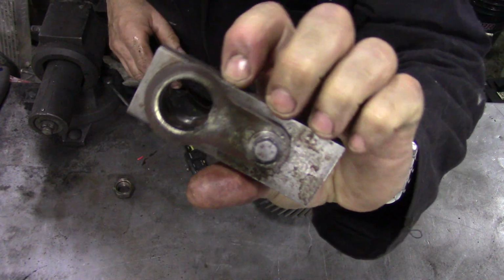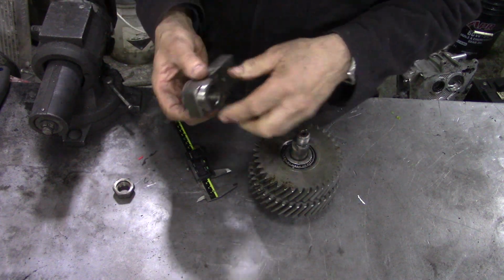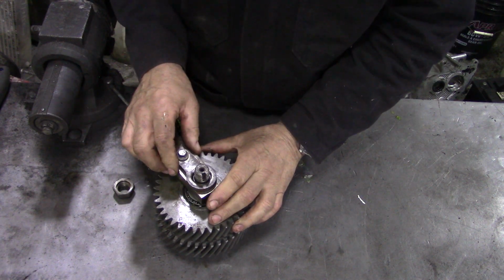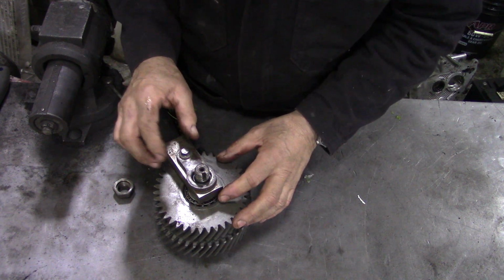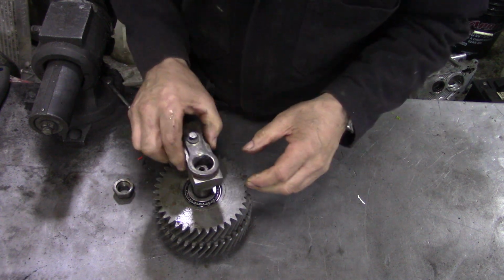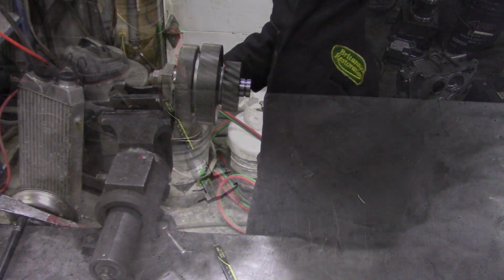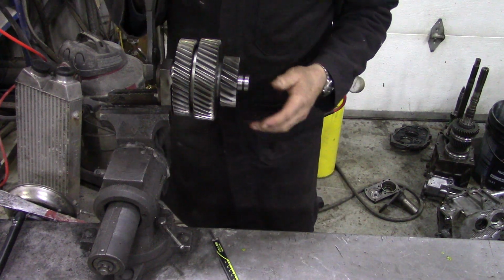Now you'll probably see on the other side we used the locking ring, and that was really easy as well. You put your shaft on there. Now this one's really worn out, look, it's knackered, but it'll stop it turning whilst you're tightening it. And these are really easy to fix. All you have to do is weld them up and then file them. Then you put your nut on and put it in your vise. These are old bearings in here, this was just done as a practice run. But now you can tighten that up,